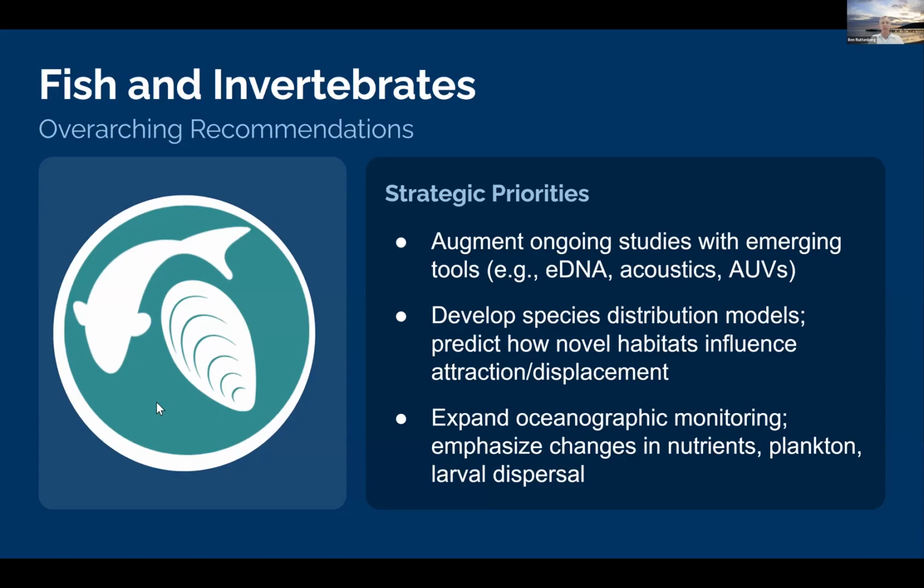Understanding species distribution models, particularly as we're adding really truly novel habitat into these spaces that have never had structures like this. How might that influence both attraction of some species, displacement of others? Does it lead to net productivity or simply net attraction? Trying to understand those is going to be very, very important. And in many cases, we're going to need models to try to predict how some of that would work. And then, of course,